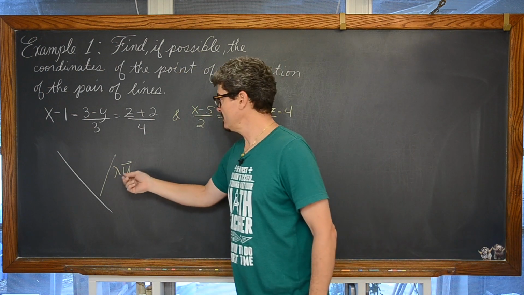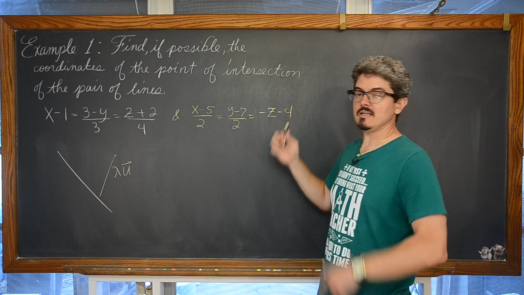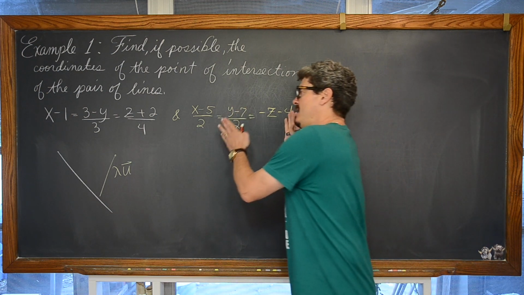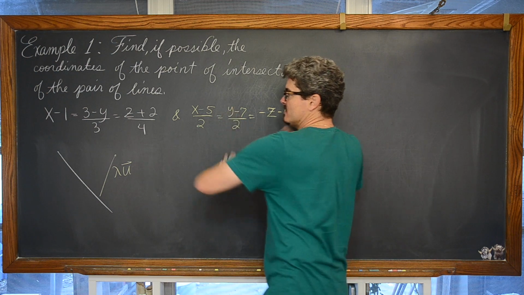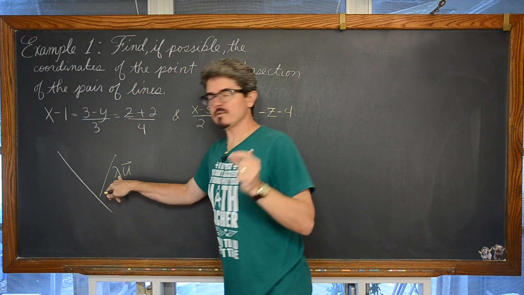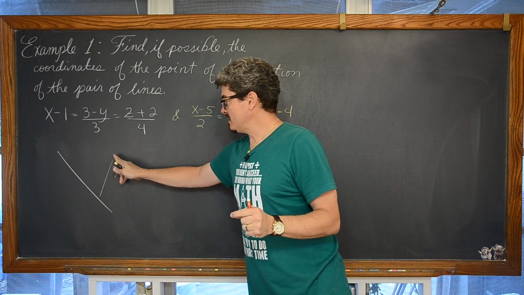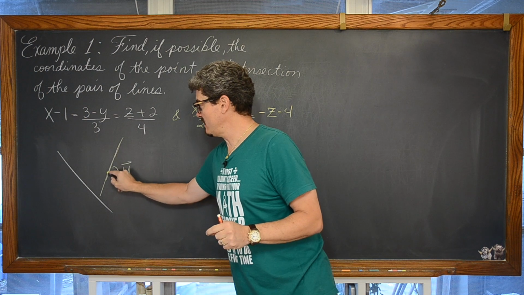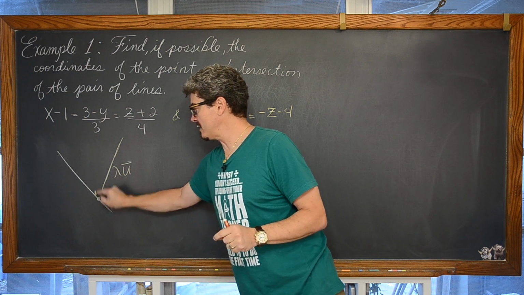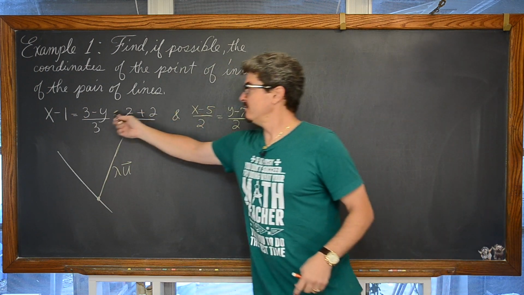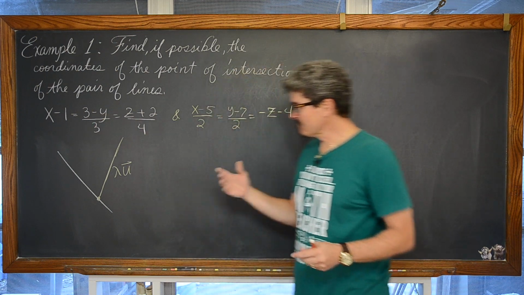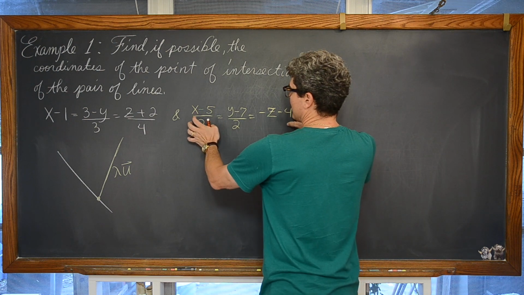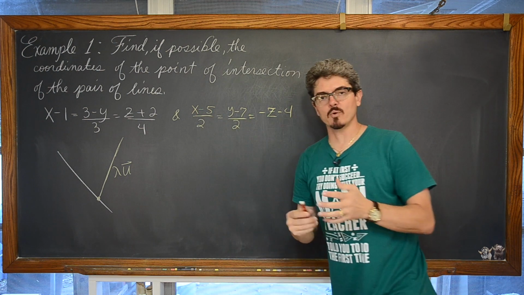Since this will give us x, y, and z, each in terms of lambda, we're going to take those expressions, plug them into the white equation, and find out what that lambda has to be so that we get a point that satisfies the equation of the yellow line, but also satisfies the equation of the white line. And then when we find that lambda, we can plug it back into those parametric forms and find the point of intersection.